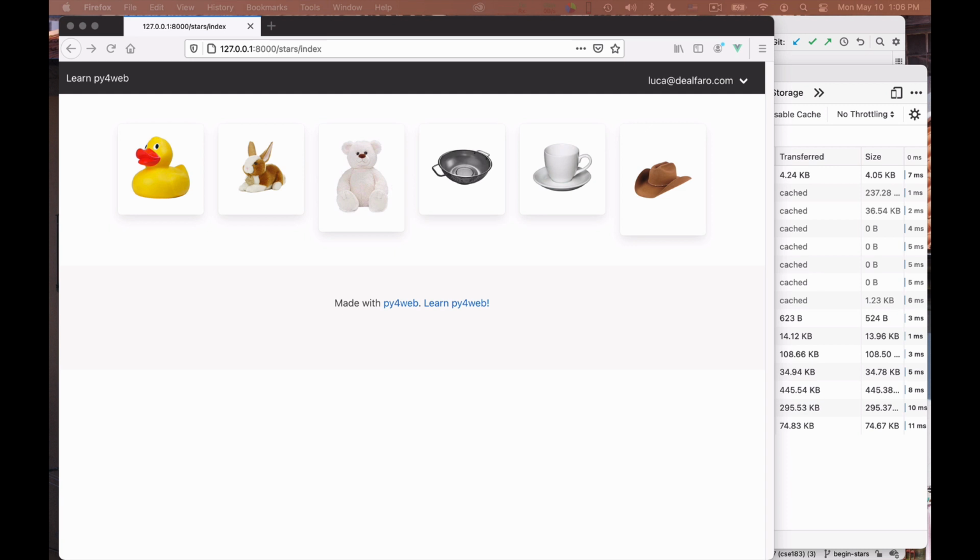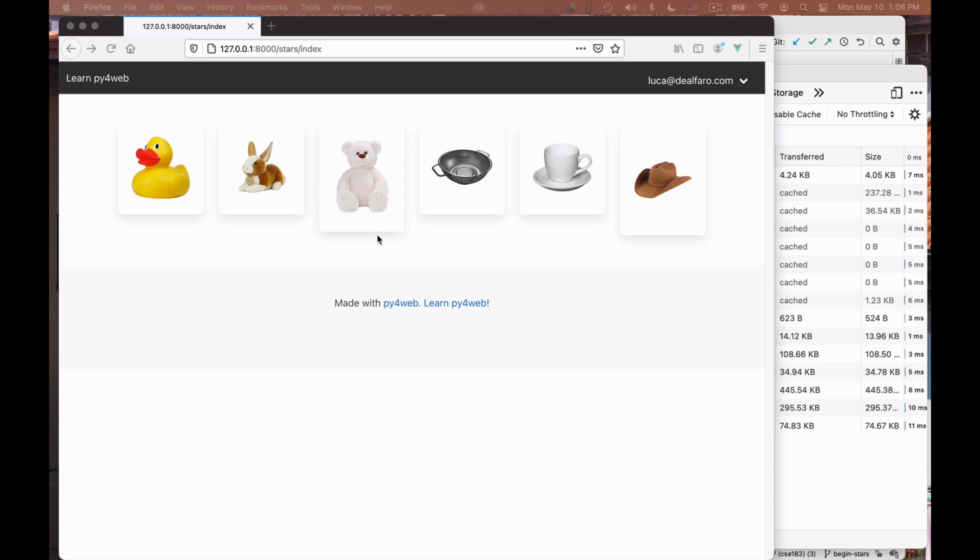In this lecture, I want to teach you how to do star ratings. We see we have here 6 pictures, and I want to display below each one of them 5 stars, so that you can hover on them, select the number of stars you want to assign to the picture, and then click on it, and that will set the rating. And the rating is individual per user, so I may assign 3 stars, but you may assign 4 of them.